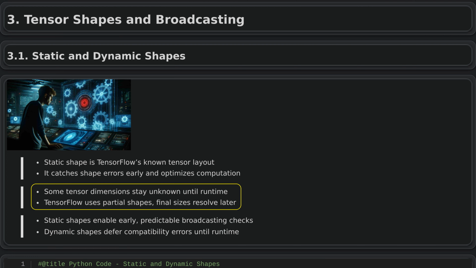Dynamic shapes are shapes that are only fully known when the program runs because they depend on the actual data, such as changing batch sizes or sequence lengths in text processing or recommendation systems. In these cases, some dimensions are left symbolic instead of fixed in advance. TensorFlow can still work with such tensors by using partial shape information to infer intermediate results. When real data is provided, it resolves the unknown dimensions, then performs shape checks and broadcasting decisions based on the